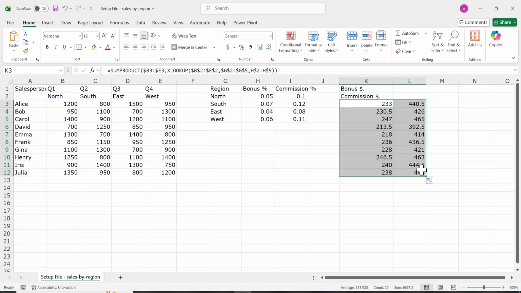Click into a middle result cell, such as L7, and look at the formula bar. The row reference is shifted to match that salesperson's row, and the final XLOOKUP argument has moved across to I$2 through I$5